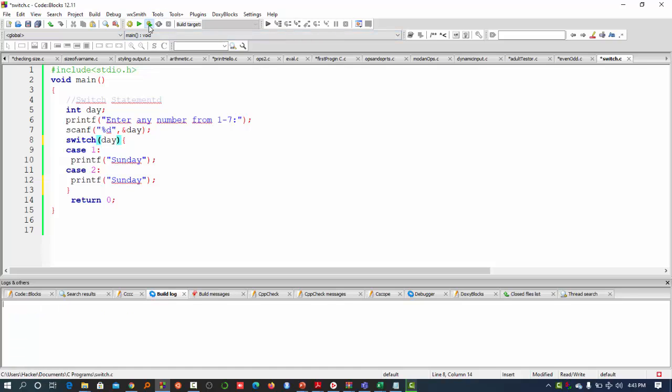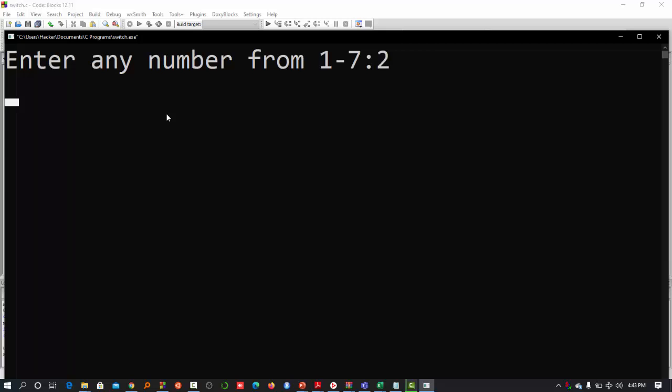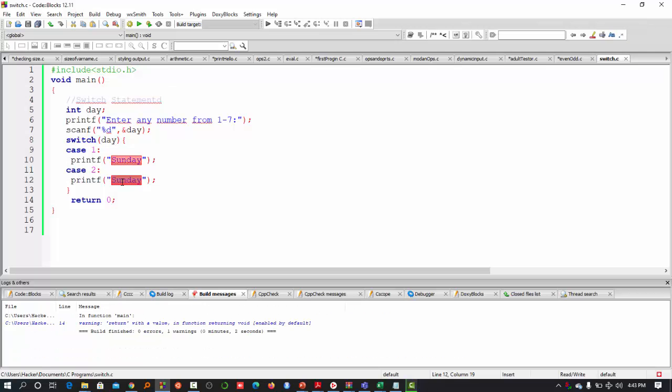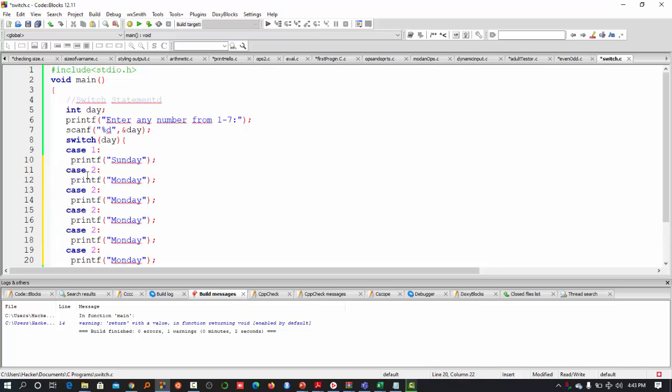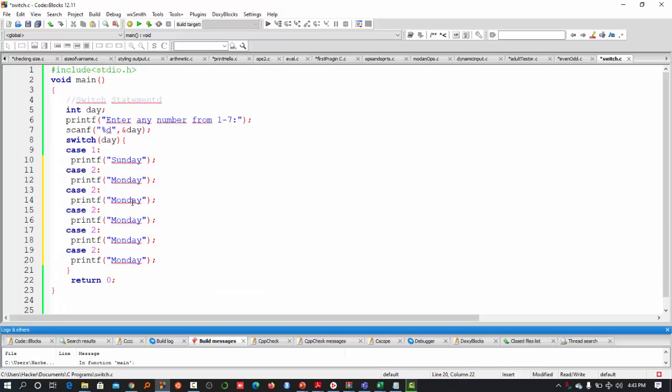If it is the case, then if I run like this, you can see now it is running. If I put, for example, 2, it will tell me Sunday. Why? Because the message is the same. Here I need to change the message to Monday. The same thing, as I have done it like this, I can copy, paste. Remember that switch is used when you are having finite cases, when you are able to modify or even just to track the cases. So that means here it is Tuesday, here it is